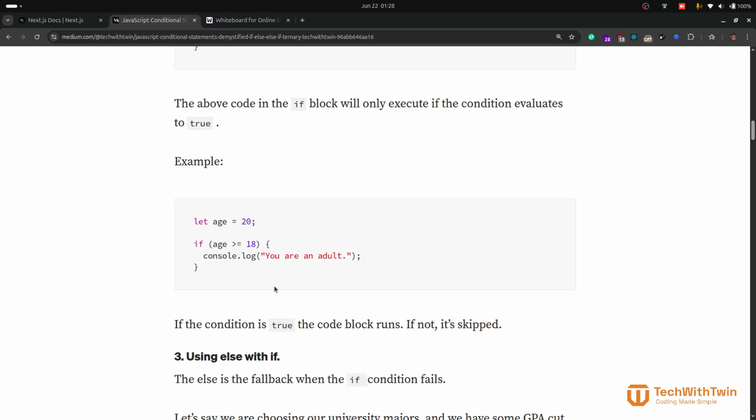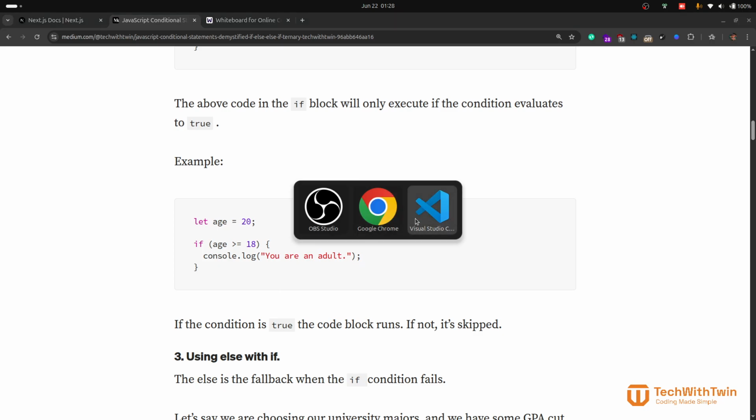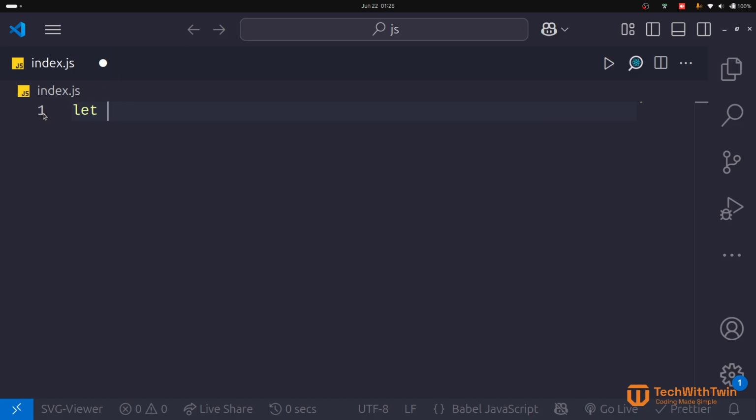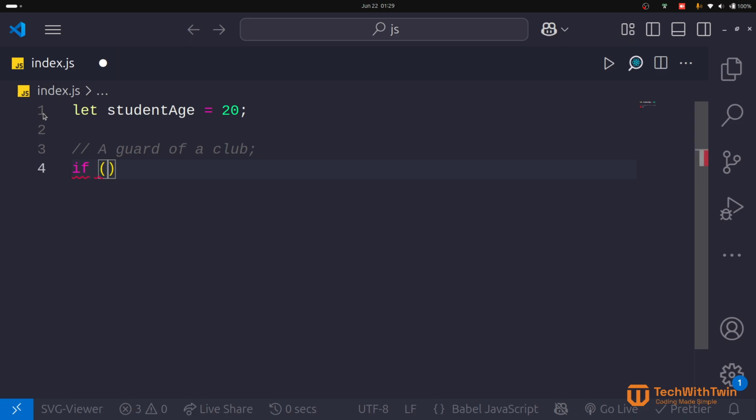Similar case here about age. So we can say let student age is 20. Then we have a check here. Let's assume this one is a guard of a club. The work of the guard is to check if you are of age. So if student age